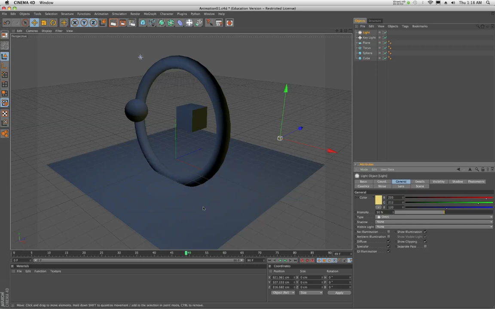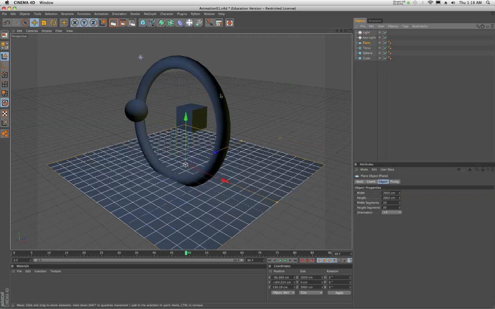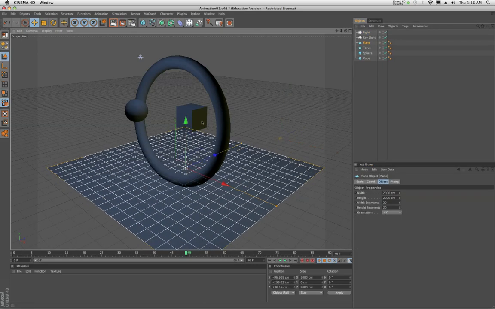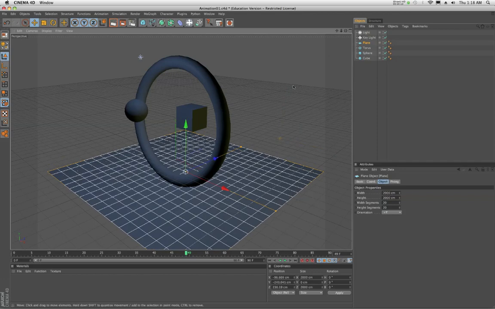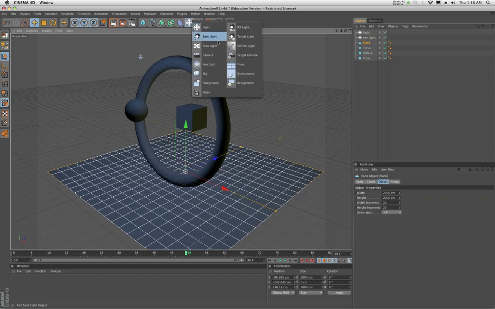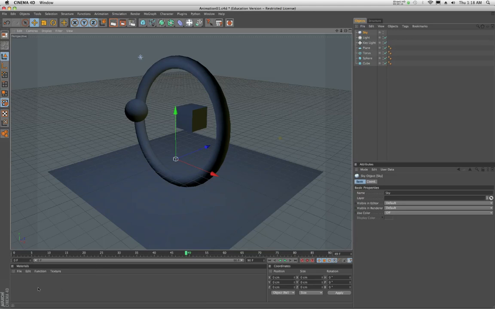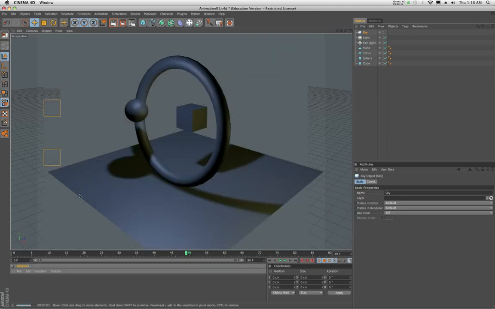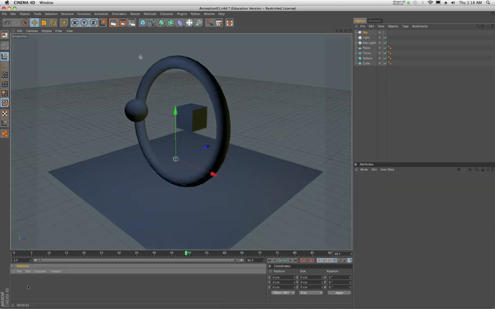Okay, so I'm gonna just refine this animation just a little bit. I'm gonna make a few tweaks and a few changes. I'll just move a couple of things around. I think I'm gonna introduce a sky. And I think for the sake of providing a little bit of contrast here, I am going to introduce a